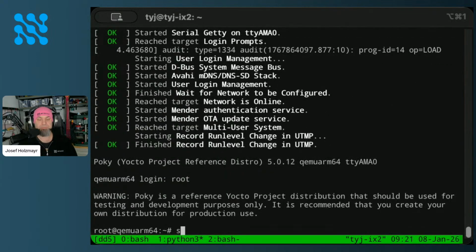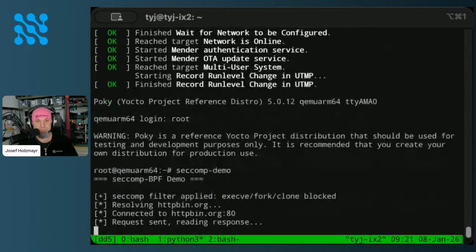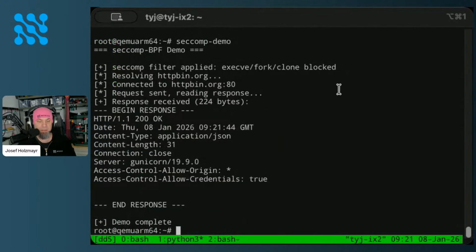Gonna log in. So this is my application. If it works as expected, it enables the filters. It calls some endpoint. It prints the response. Yay. So now, if something wrong would be happening,